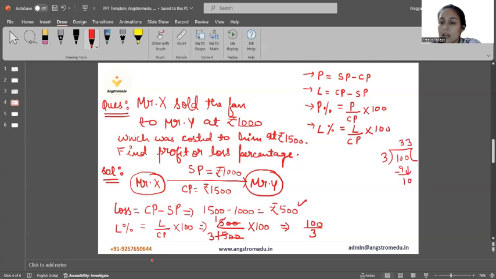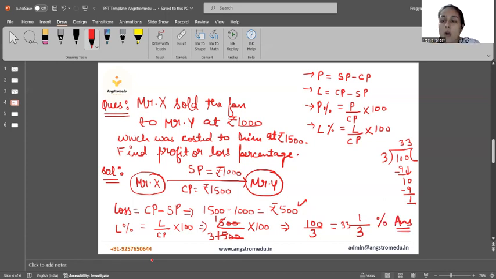Again, 3 threes are 9. Again, 1 as a remainder. So it will be like this: 3 as denominator, 1 will go upward. And here I can write 33. 33 whole 1 by 3 percent is our final answer